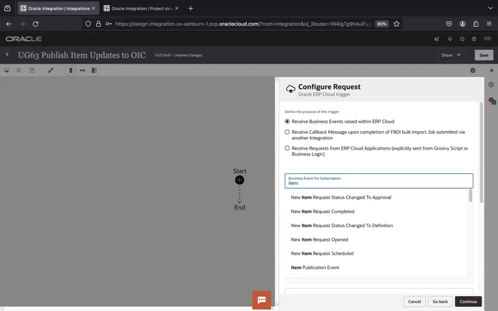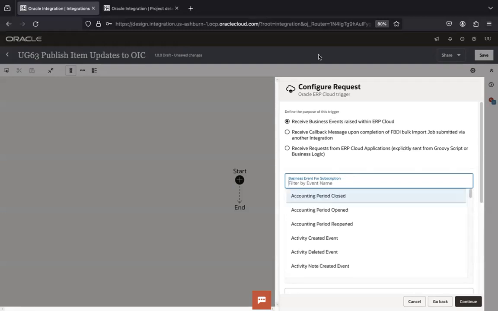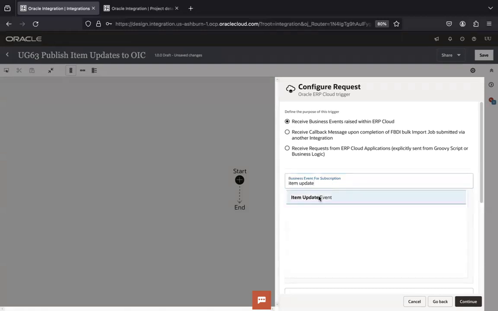So whether it is item update or invoice or journal, any event that is raised within ERP Cloud, if you want to trigger your integration based on that event occurring in ERP Cloud, you can search for it and subscribe to it. So say, for example, I want to subscribe to item update event. I search for item update,